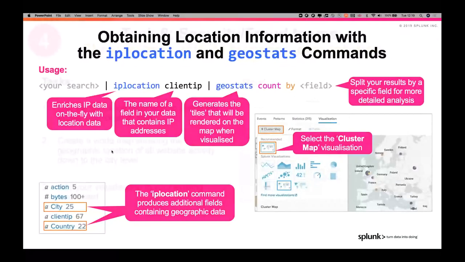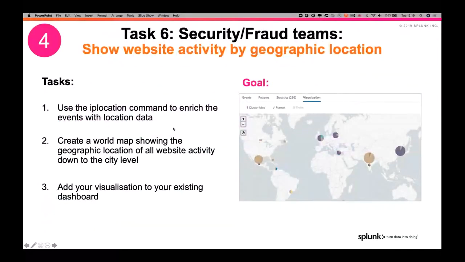So now basically you want to use the IP location command to enrich the event. You want to create a world map showing location of all website activity down to the city level. Add your visualization to your existing dashboard. So here in that case, the security fraud team wants to see the website activity by geographic location. And optionally, you could basically